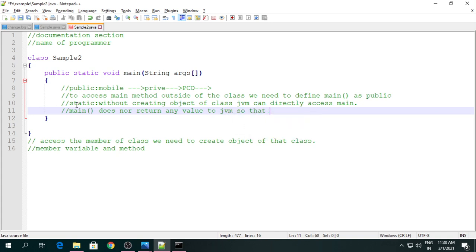So it is a void method, and we need to define the return type of the main method as void. It does not return any value to the JVM, so we have to define that method as a void method.